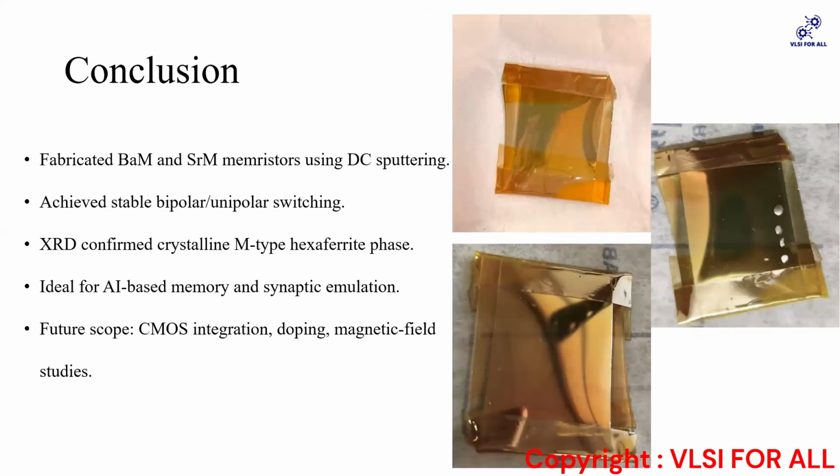So yes, this was done with DC sputtering. And what was the reason we have not done RF sputtering? I have done both RF sputtering and DC sputtering, but fabricating the memristor with DC sputtering was much easier and comparatively less damaging, because in RF sputtering the target is continuously being struck with the current one by one. So there is a chance that